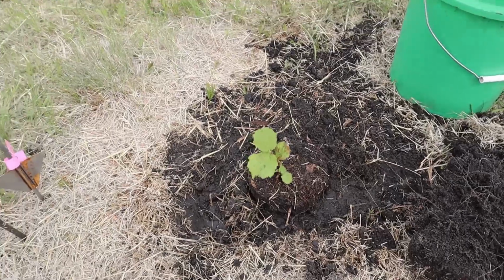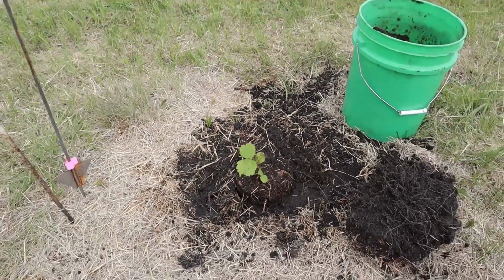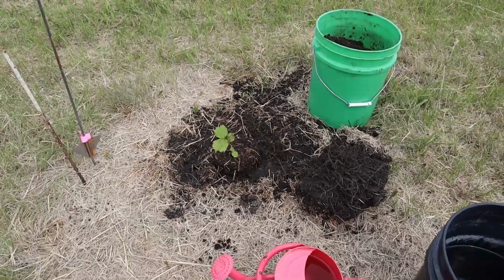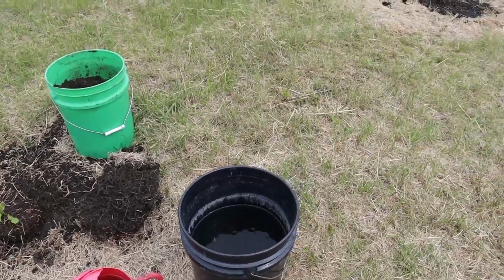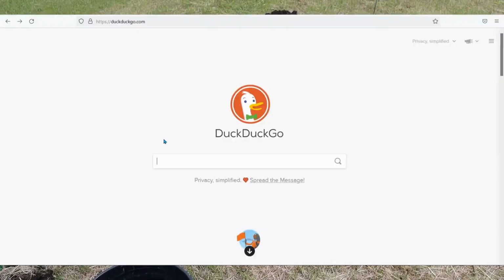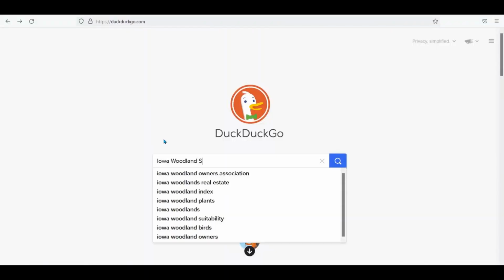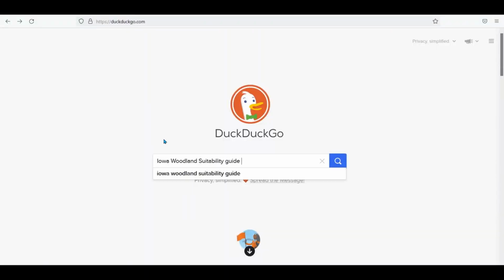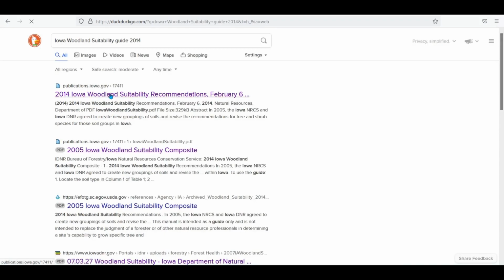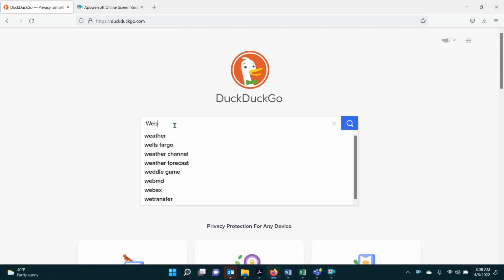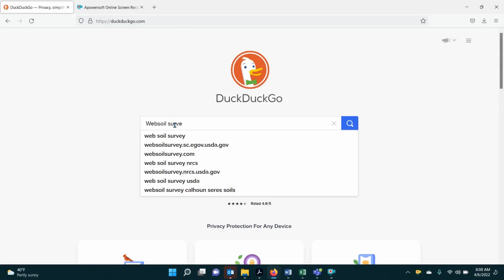You will need to know the soil types for the area that you want to plant into, and you will need a reference document called the Iowa Woodland Suitability Guide, found on the internet with a quick search for Iowa Woodland Suitability Guide 2014. To determine the soil type on your farm, we will use another tool called the Web